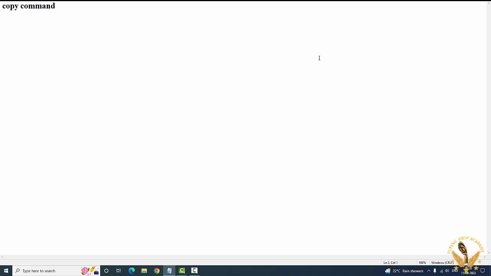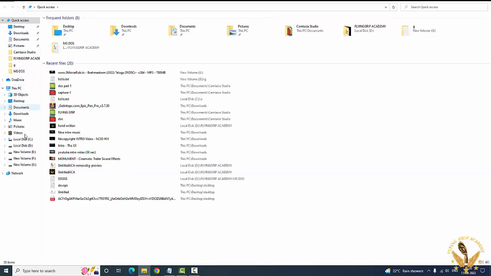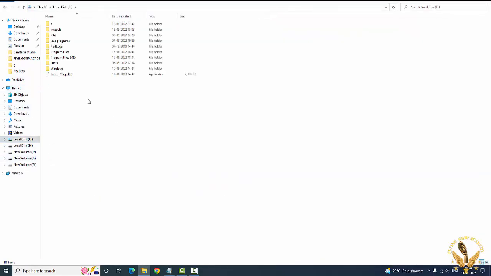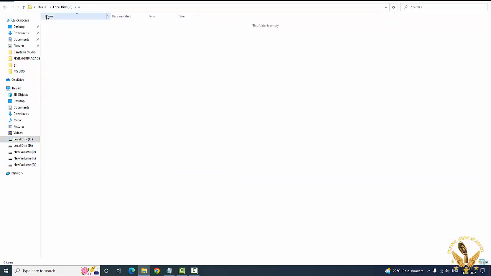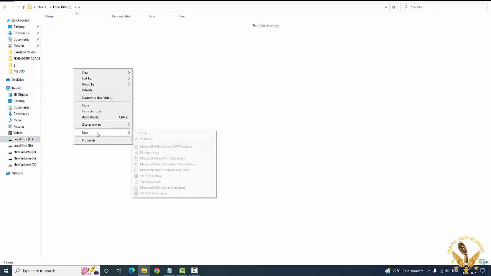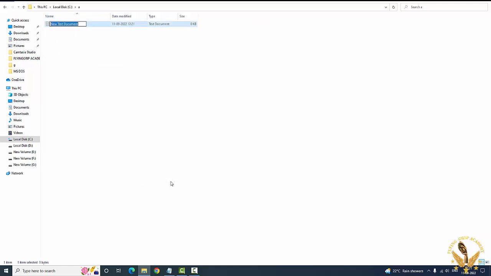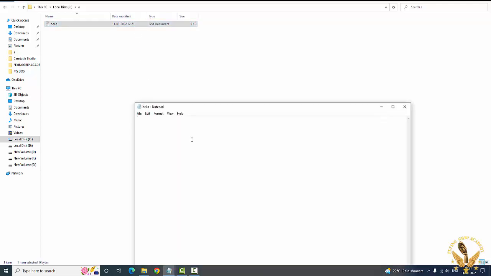So basically, the copy command is going to allow you to copy files from source to destination. Let us now create a folder in C drive. Here I am going to delete all the files. In C drive I am going to create a file called hello. In this hello text document, I am going to type some text